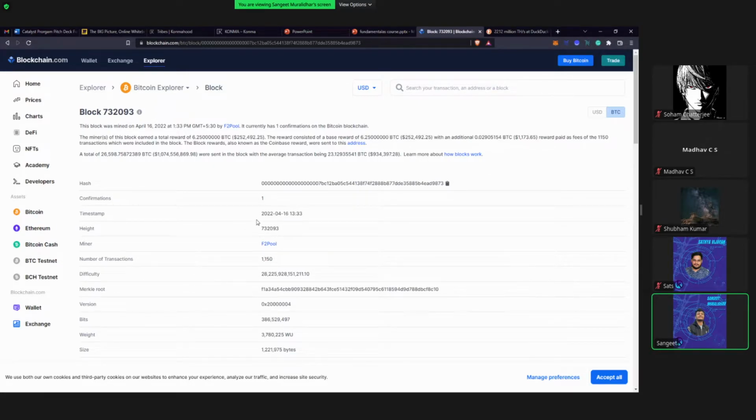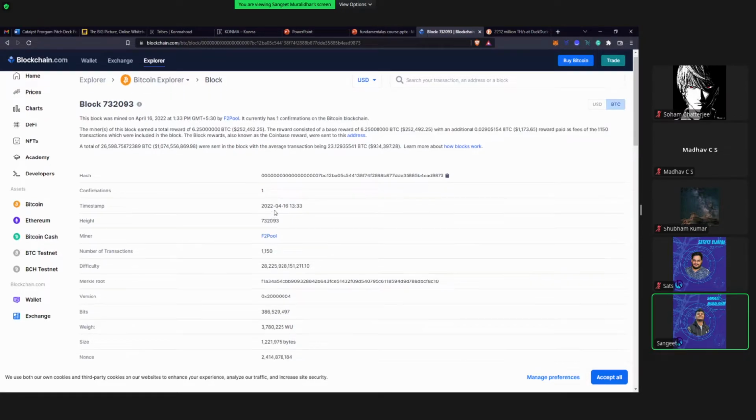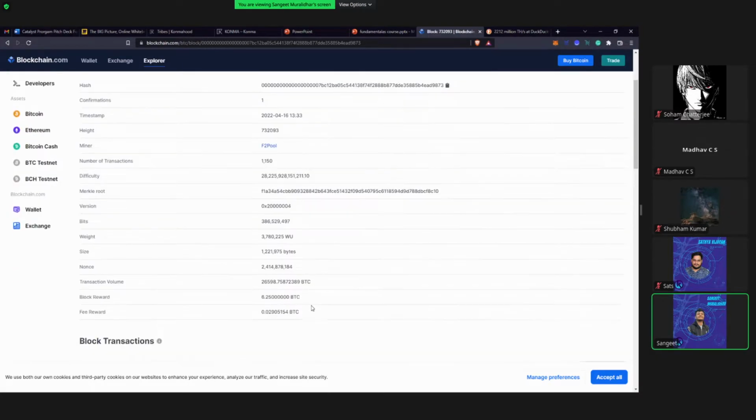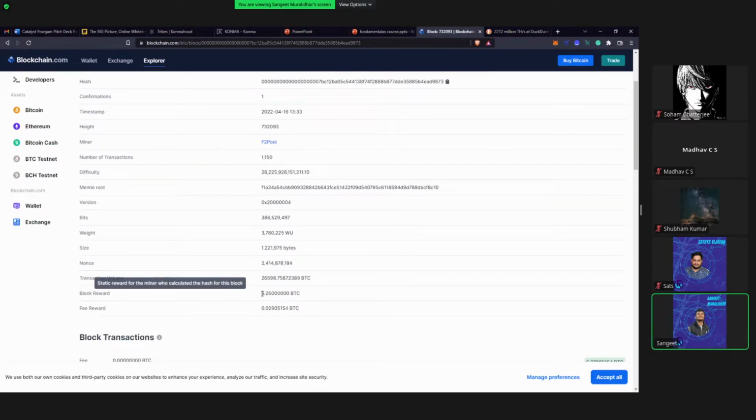You only need one confirmation per block because that will be the primary node, the Merkle root of the hash, and the difficulty points in bytes, which is the amount of bytes of information processing you need to process this particular block. So the next one will obviously be slightly harder. The version of the entire thing, number of bits, the weight, the byte size, and block reward 6.25 as I mentioned,